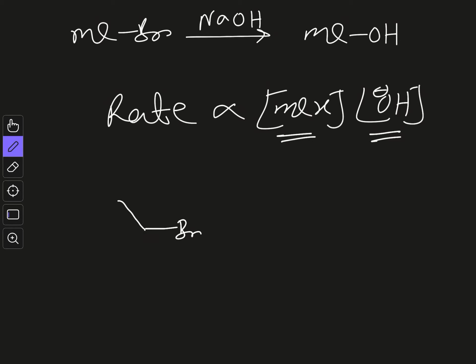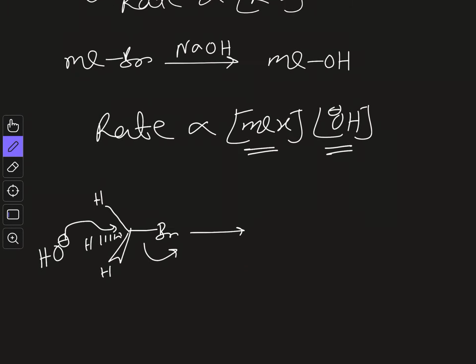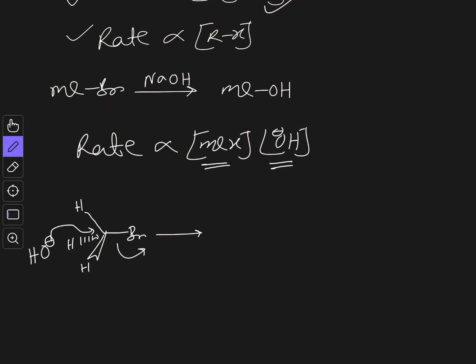Okay, so here we have this group, these 3 hydrogens are there like this. This is the flying wedge projection formula of any molecule in organic chemistry. Now your base or nucleophile here, it is a nucleophile here, is this, and it will attack from the back side of the molecule. This is the proposal from Ingold, and he said that it will go through a transition state. In the transition state, there will be bond breaking in this CBr bond, and there will be bond formation in this OC bond, and the other groups become planar.